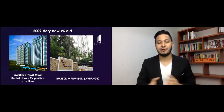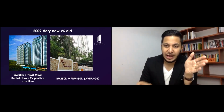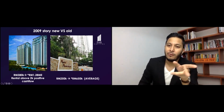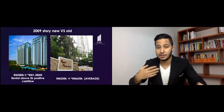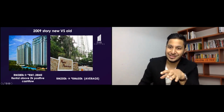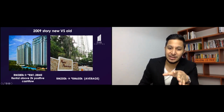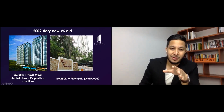I give you a sense. This is Bangsa South, and the property on your left is called Park Residence, and the property on your right is called Pantai Panorama. Both are just next to each other, separated by just one road of 20 meters distance. Pantai Panorama here is actually freehold, while Park Residence is actually leasehold. At that point of time, Pantai Panorama was selling for 250, for the large size units, and Park Residence was selling for